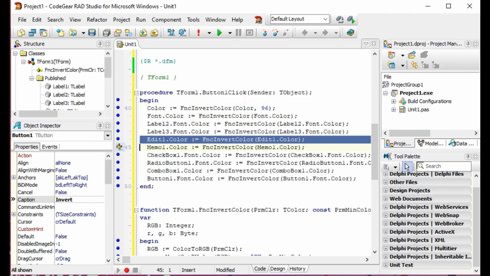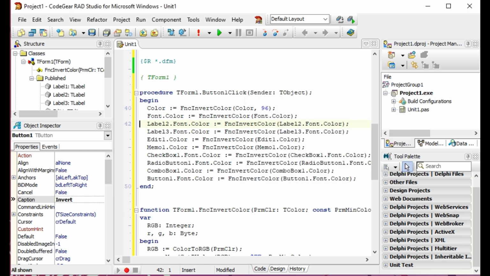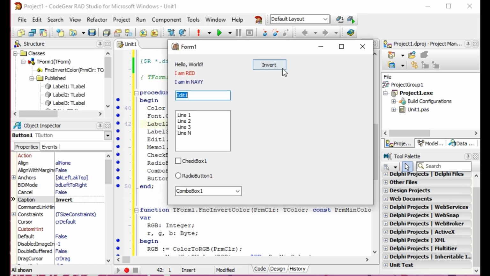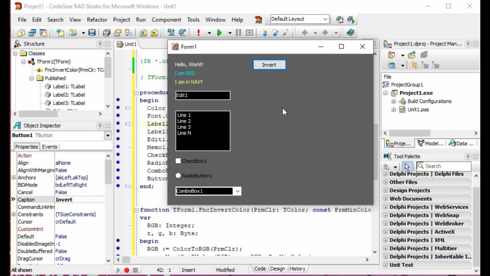Then no, this is not the background color. Yeah, let's just try this form color. Let's see what's going to happen when we do the conversion.